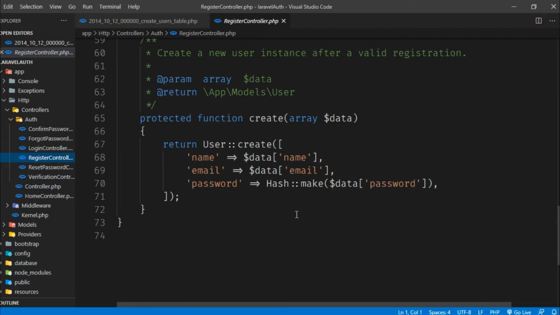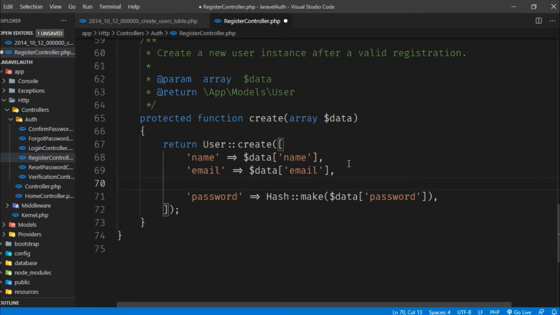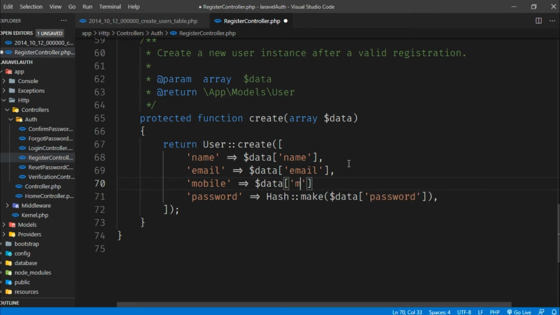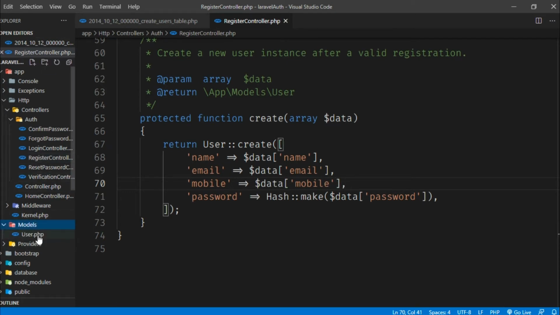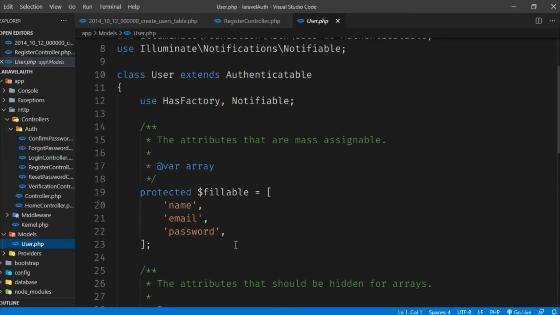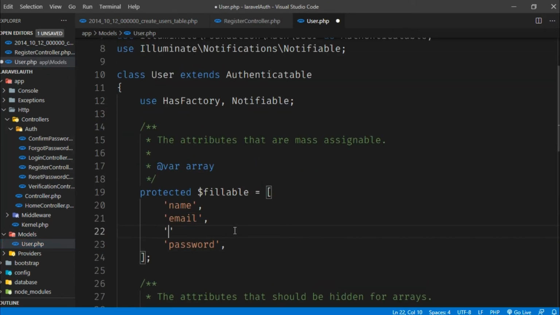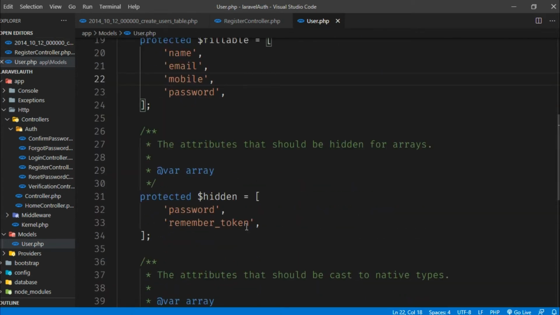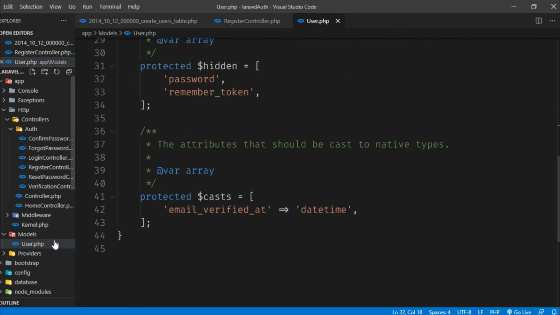Now let me add a field of mobile. Then let me go to the model and do the same thing, but a different field: mobile, as a fillable property.